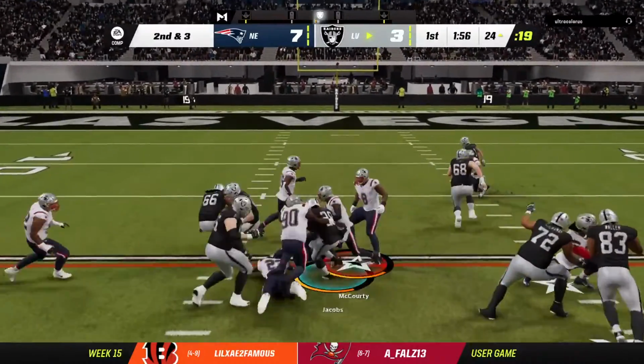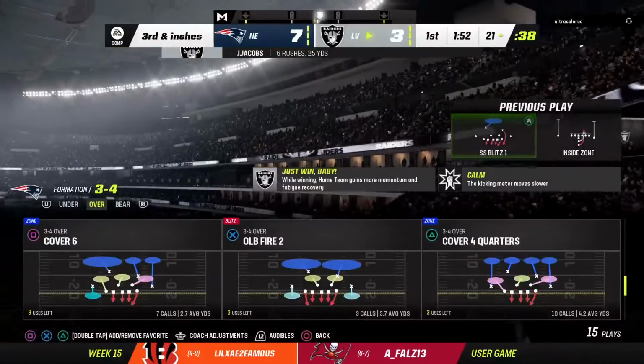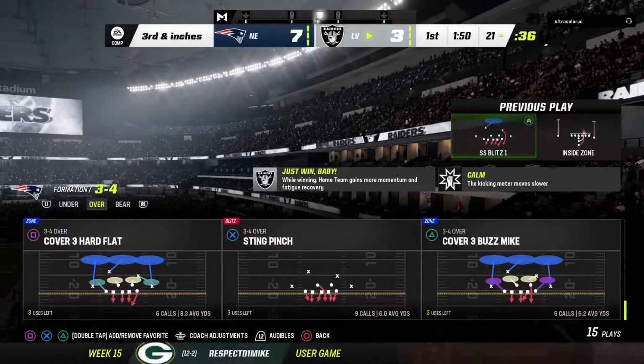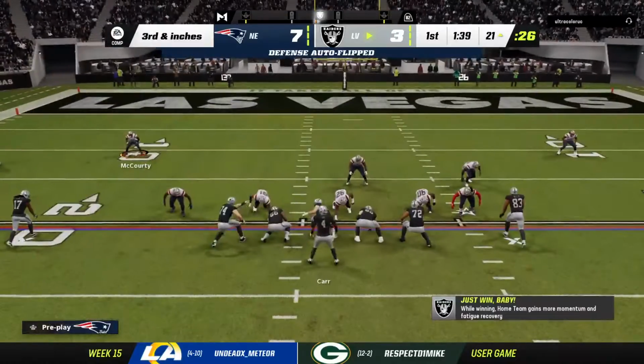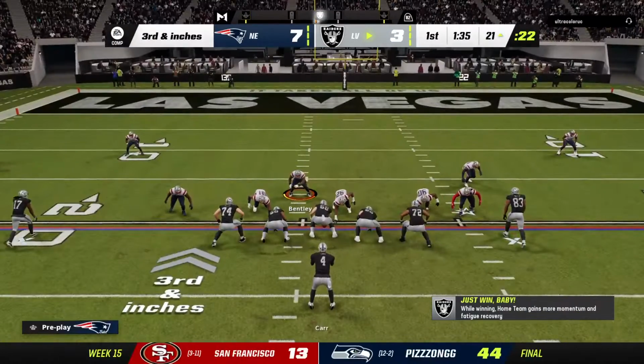They'll stay on the ground with Jacobs. Call it a gain of 3, but not enough to move the sticks. It'll be third and about a foot or two. That call makes sense because they've been throwing it well on this drive, and once again they show passing formation,